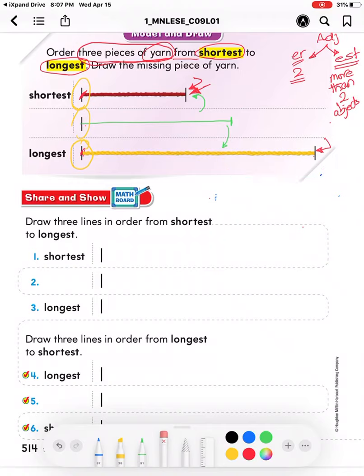Now, let's start our share and show. Now it says draw 3 lines in order from